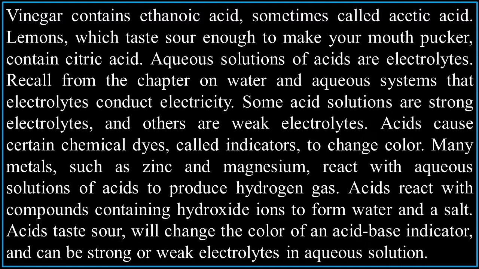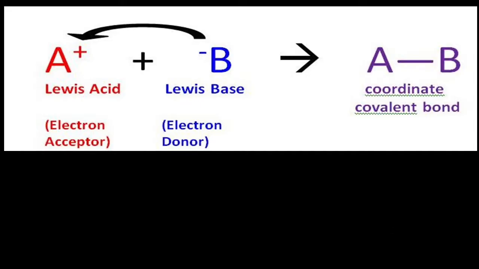Acids cause certain chemical dyes called indicators to change color. Many metals, such as zinc and magnesium, react with aqueous solutions of acid to produce hydrogen gas. Acids react with compounds containing hydroxide ions to form water and a salt. Acids taste sour, will change the color of an acid-base indicator, and can be strong or weak electrolytes in aqueous